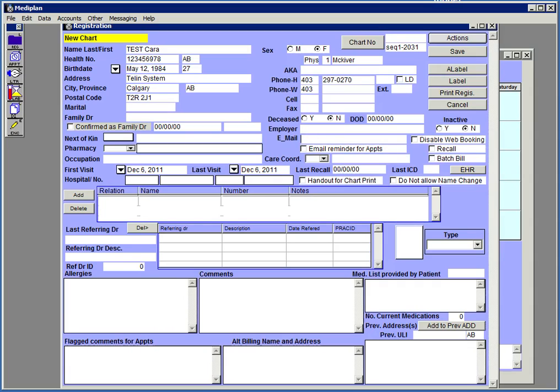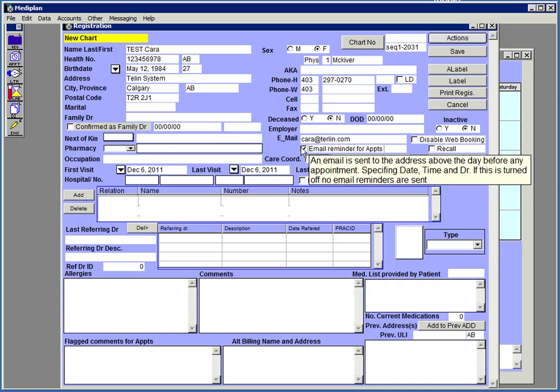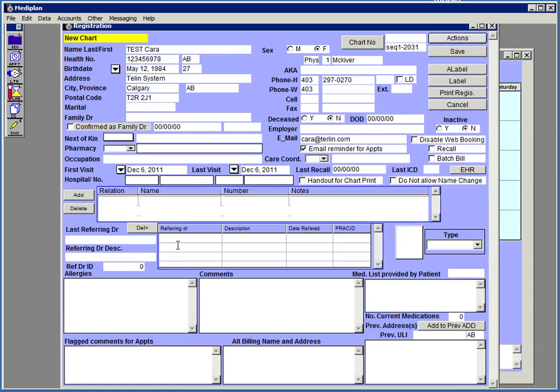If you put in the patient's email, and checkbox email for appointment reminders, the patient will automatically get an email reminding them of their appointment 2 days prior to their appointment. Also, for the family doctor field and the referring doctor field, we have a list called